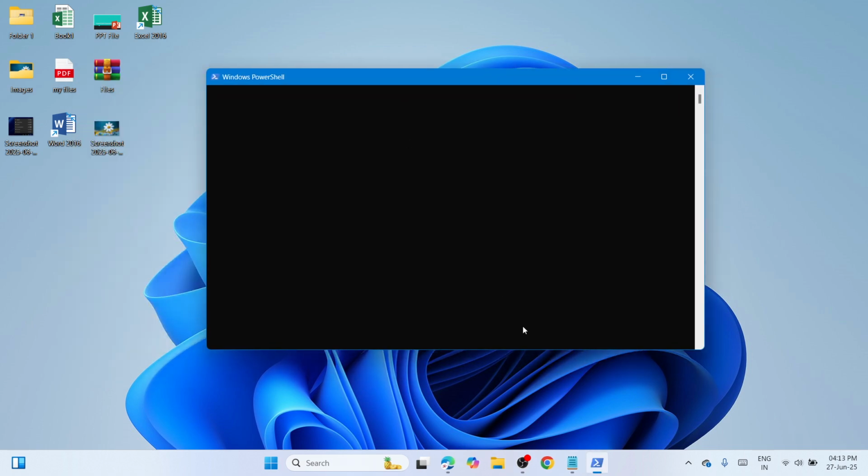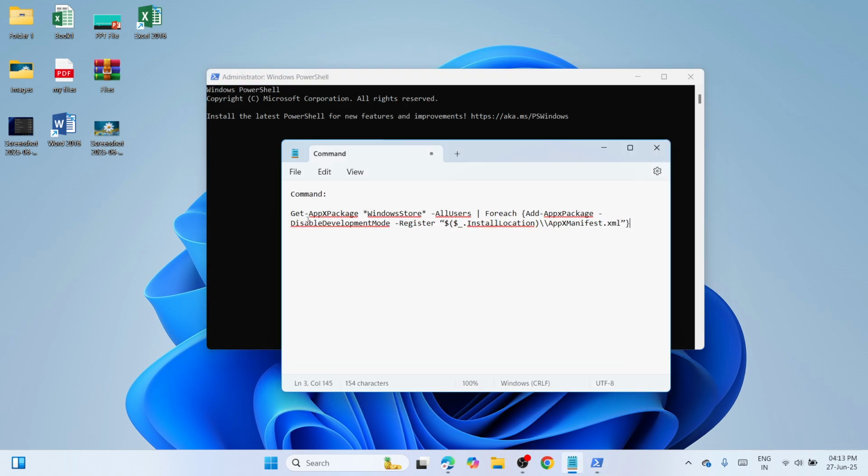And then from here, please paste the command that I have given. Copy, paste it here, click on the Enter key, and you can now start the procedure. Once you are done with this, I want you to restart your computer and check if the error has been